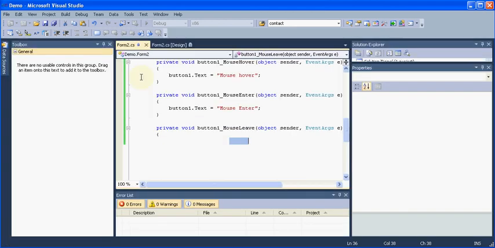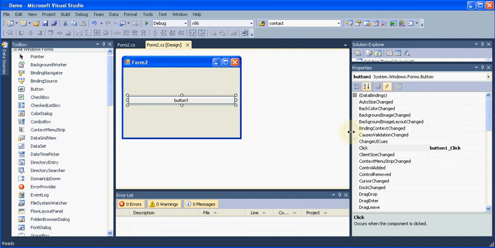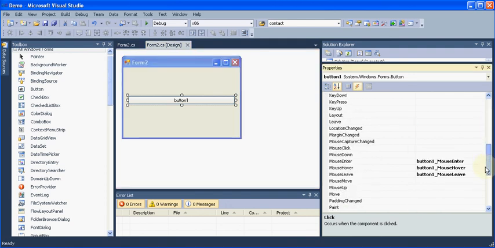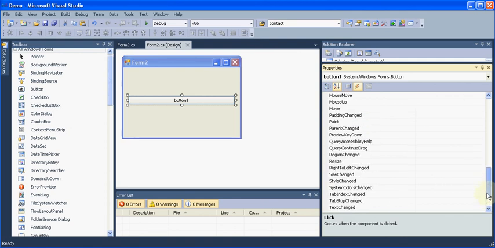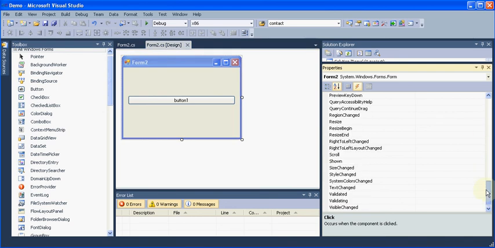There are many other events also. If you would like to have a look over them, you can have drag leave, drag drop, dock change, cursor. Just double click on them, and you can write anything in it, and you will understand when that event occurs. Even a form has certain events. You can see click event, double click, drag drop. Every element or every tool which you see over here has got some events. So explore them on your own.